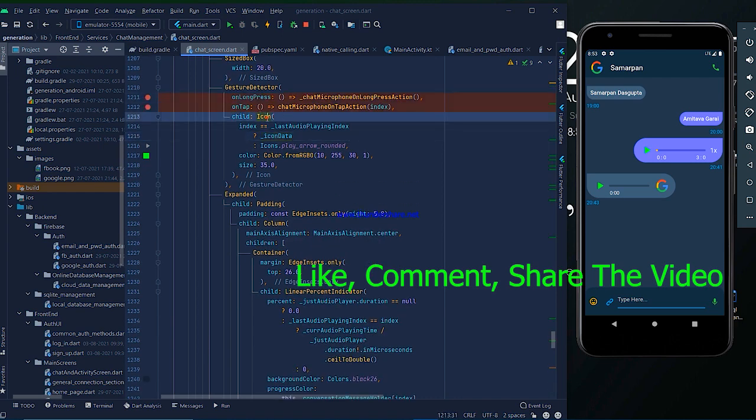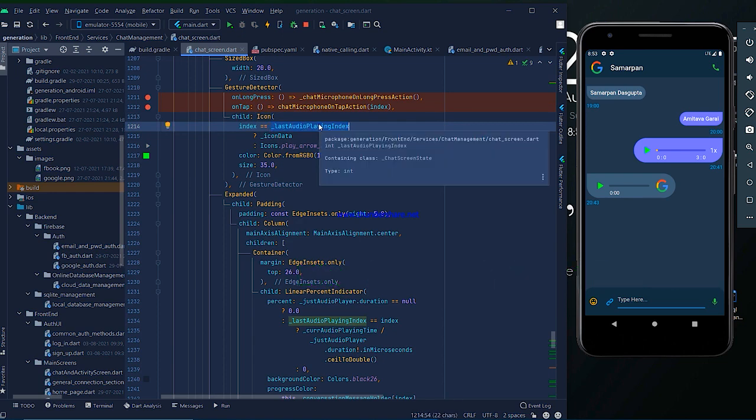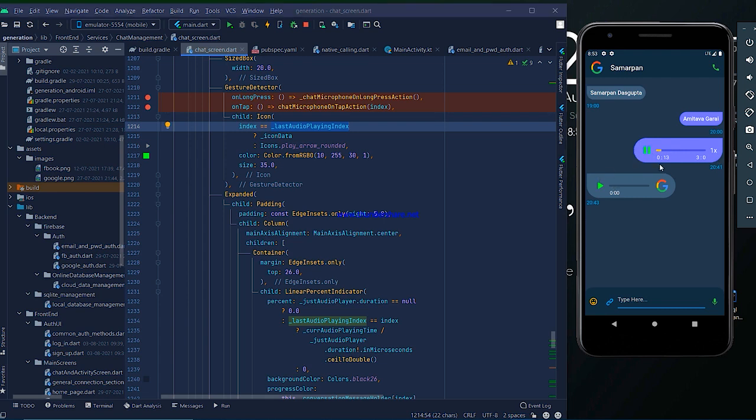Okay, that icon and the last audio playing index. Just imagine a situation, as I declared before. You want to play this audio, but another audio is playing. I'll show you the situation. That audio is playing, now I want to play that audio.